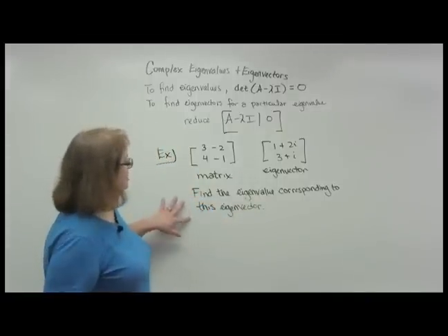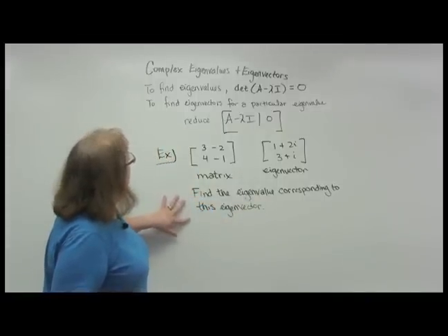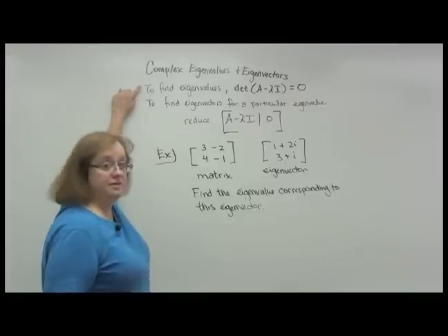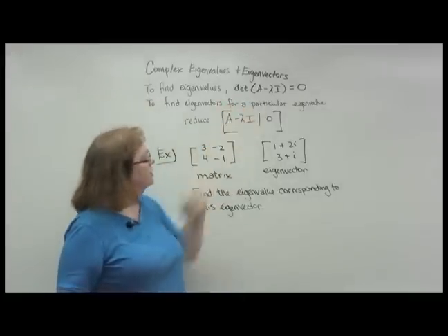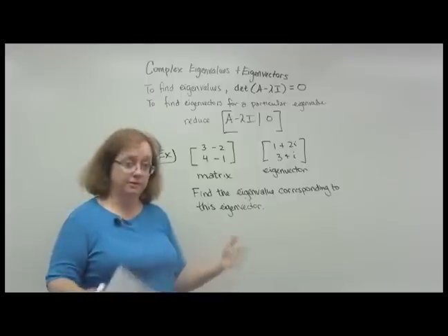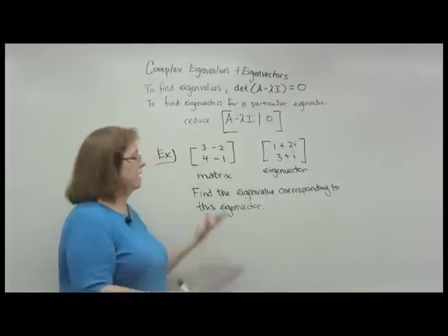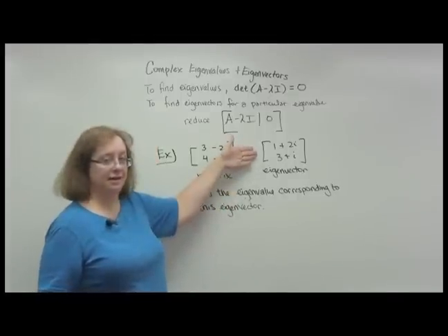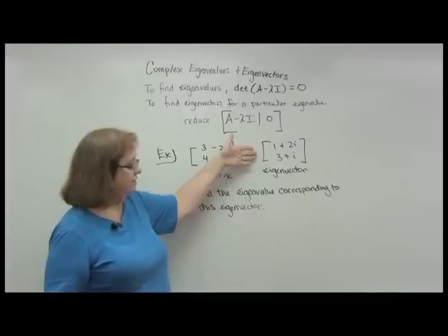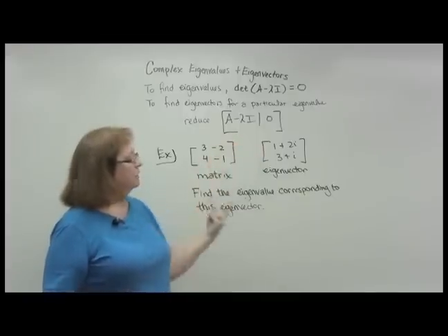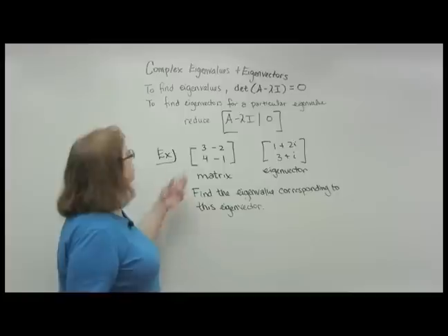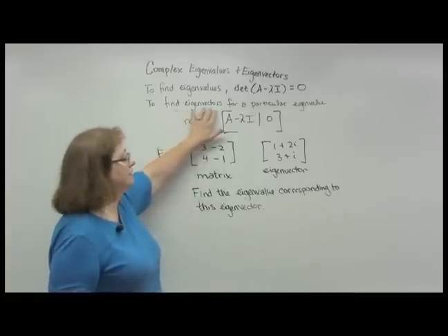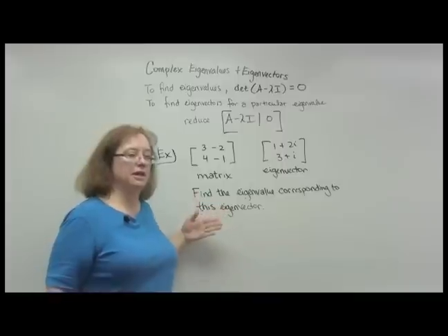That was the Department of Redundancy department there. Okay, well, I could go through this process. I could do the eigenvalues. I could actually go through the trouble of finding the determinant of A minus lambda I, set it equal to 0, work it all out. I know I'm going to get a complex eigenvalue, right, because I have a complex eigenvector. But I don't know which of the two we're talking about. Well, then I could actually go through the trouble of finding the eigenvectors, but I'm going to get an equation,